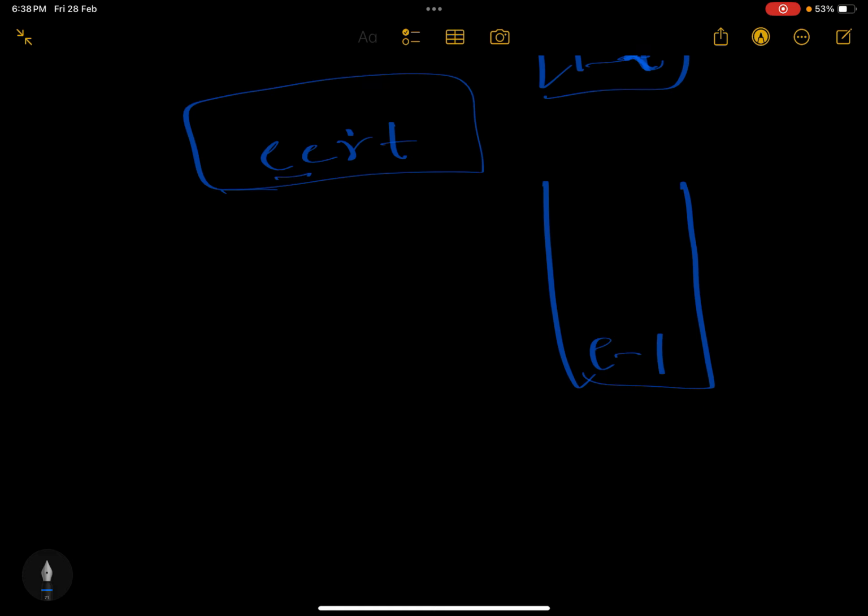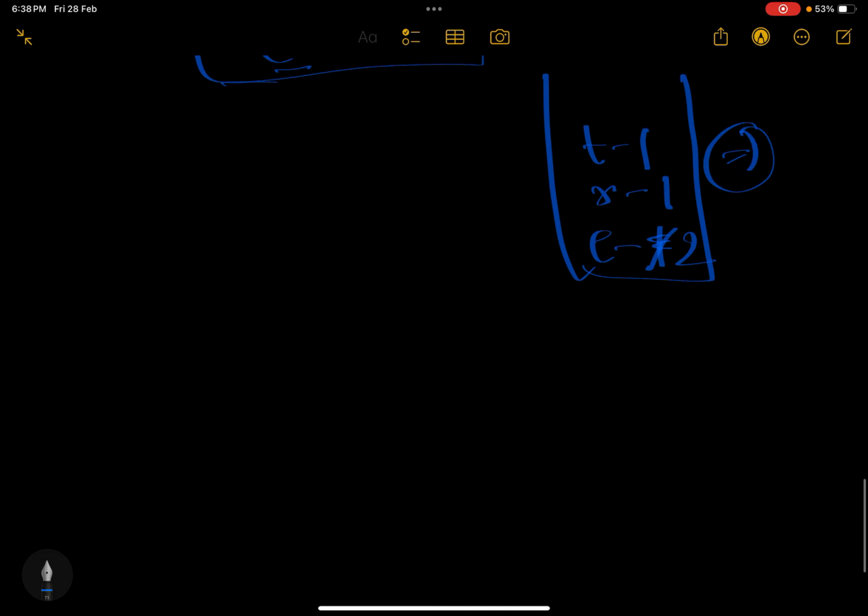Again E came, so is E already present in the count? Yes, it is present, so I will simply increment the count to 2. Now R came, R is not there, so R is 1, T is 1, right? So I am able to keep the count of all those characters, but again I have to see that I